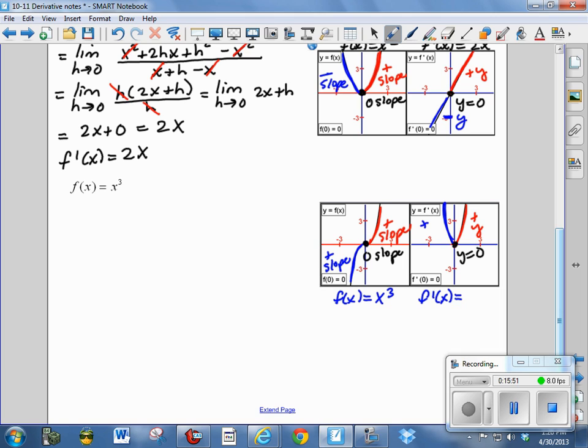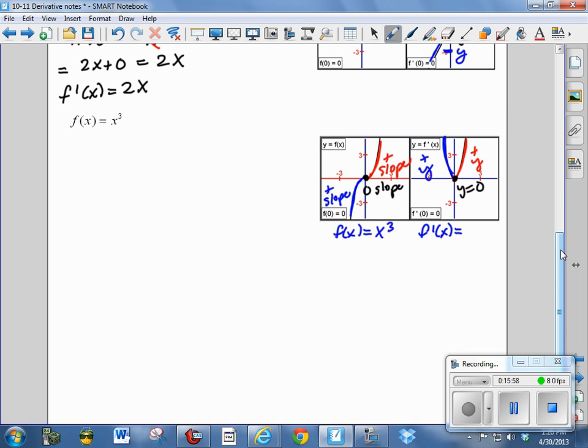Let's derive the derivative function now for x cubed. We're going to do this the same way we did for x squared. We're going to say f of x plus h is equal to x plus h cubed. Now, when we do f prime of x, that's the limit as h goes to 0 of f of x plus h, which would be x plus h cubed, minus f of x, which is x cubed, all over x